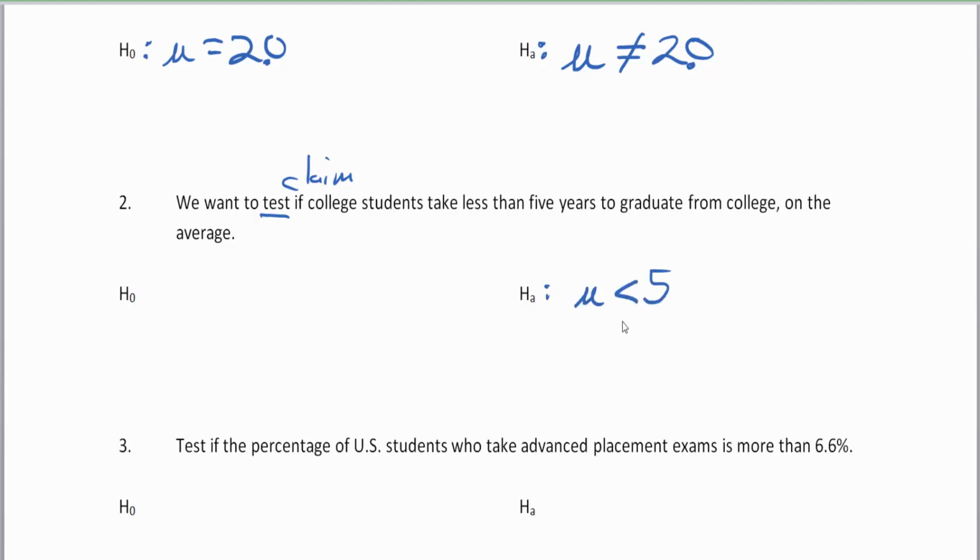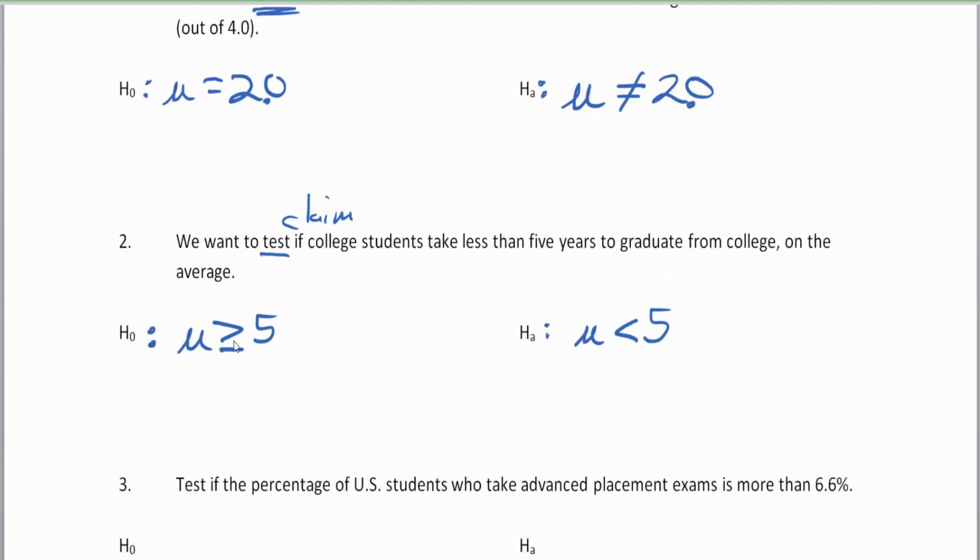Notice that there's no equal to symbol there. And then our null would be like, oh, no, it isn't. It's definitely greater than or equal to 5. You could also, if your null could be equal to 5, again, I don't think you're going to see a lot of differences there,